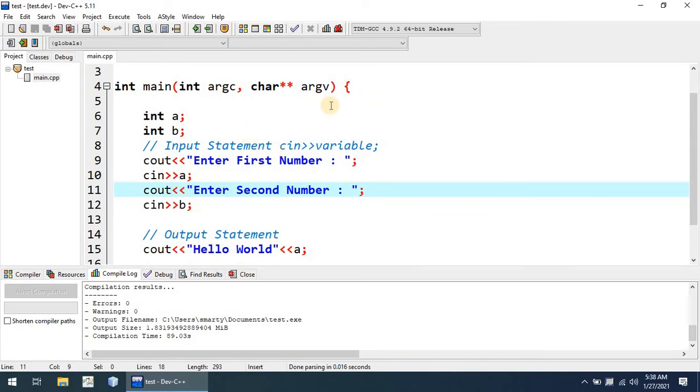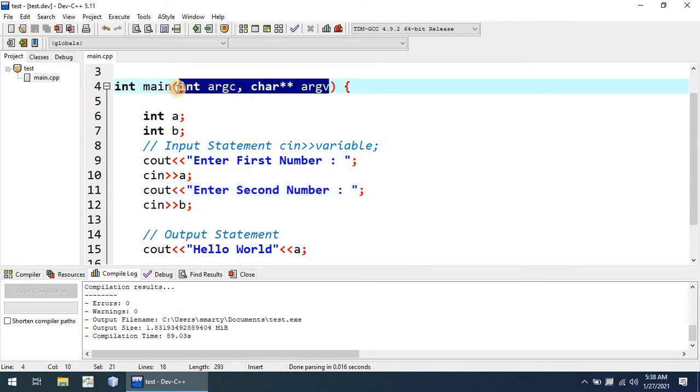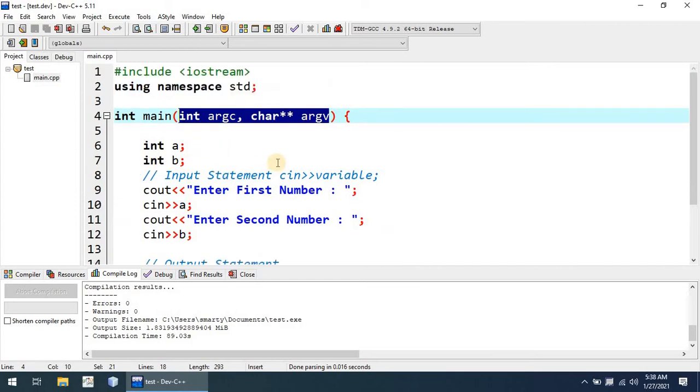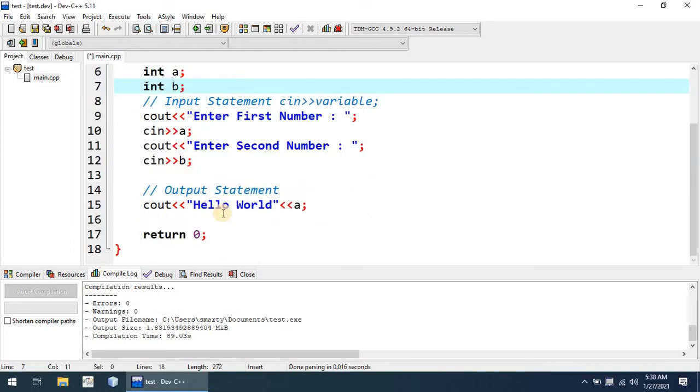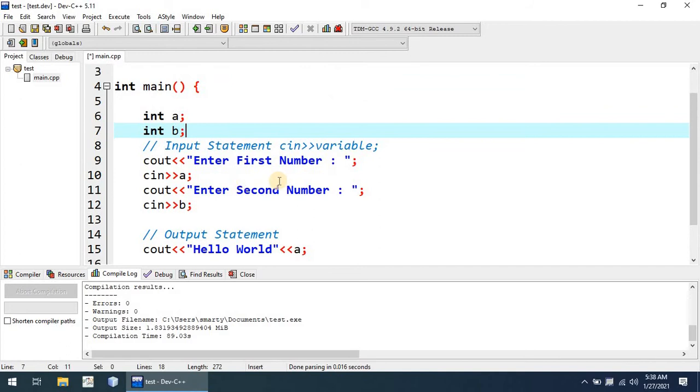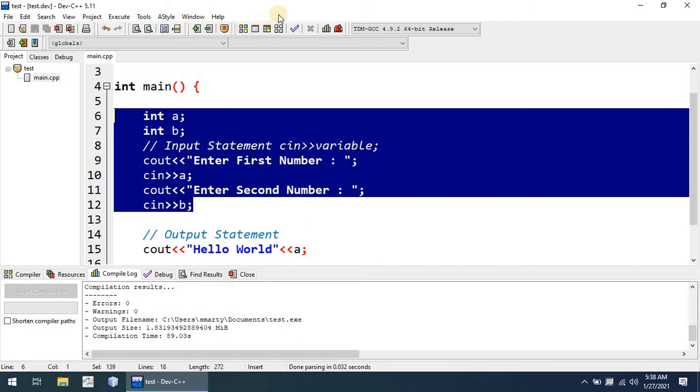Here we want to clarify that the arguments of the main function are optional. We can also provide empty parentheses to the main function. It will also be fine, and the output of the program will remain the same. We are going to execute these new lines of code.